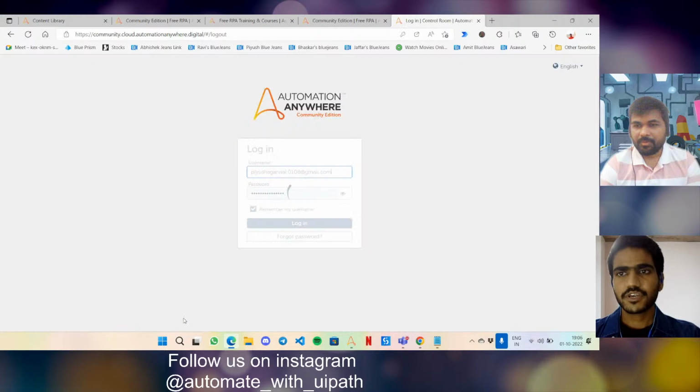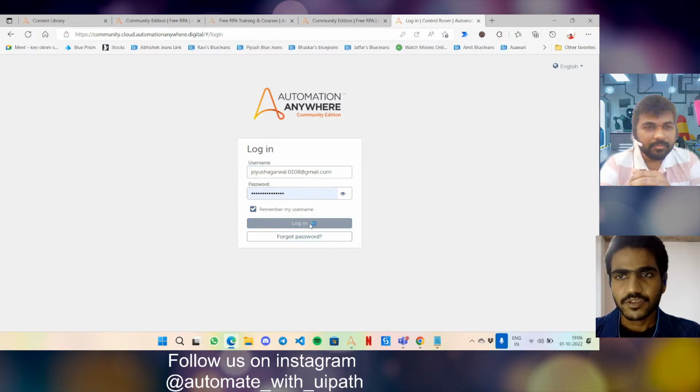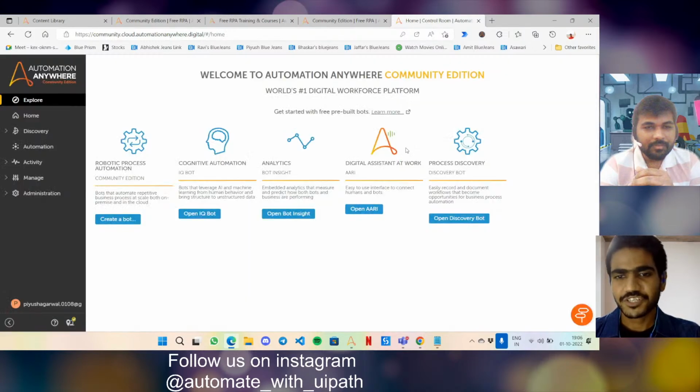So this is your login page. You come over here, enter your username, password, and simply log in. If you are using MS Edge, I would highly recommend creating an app of this Automation Anywhere instead of using it browser-based, because that gives you the feel that you are actually working on an RPA